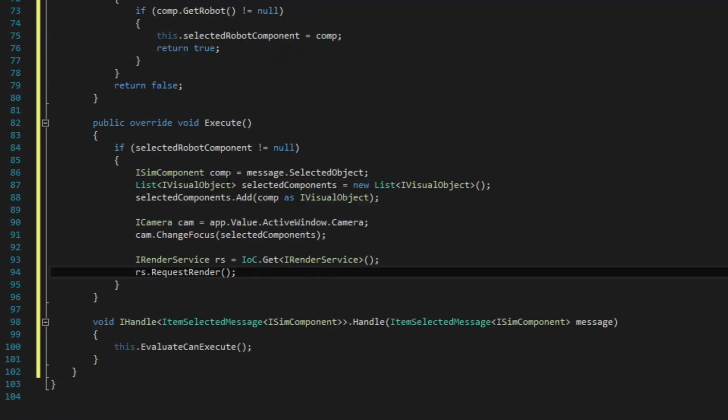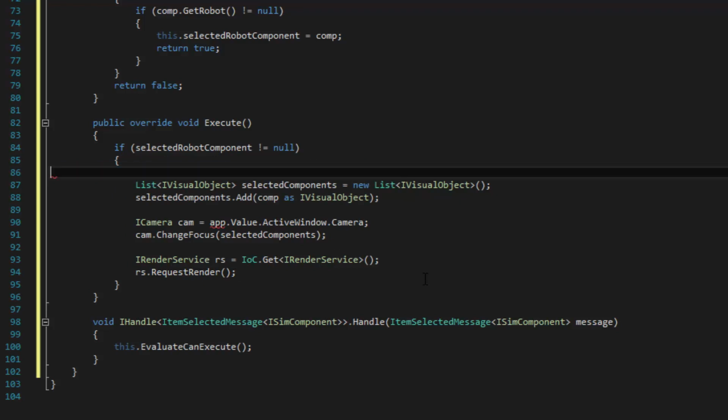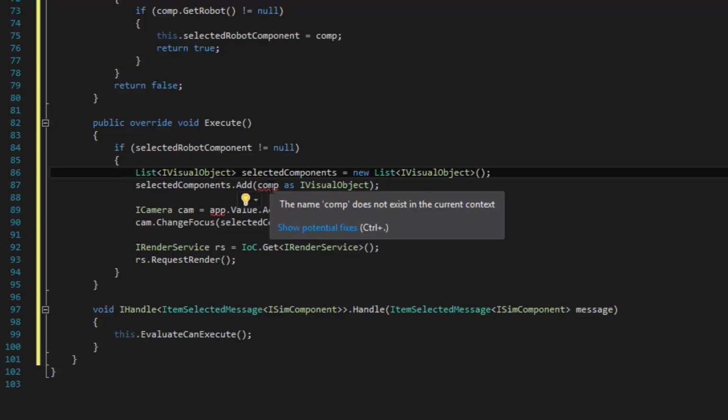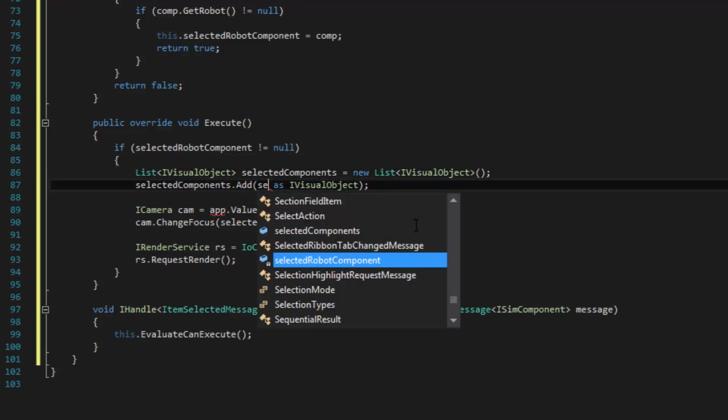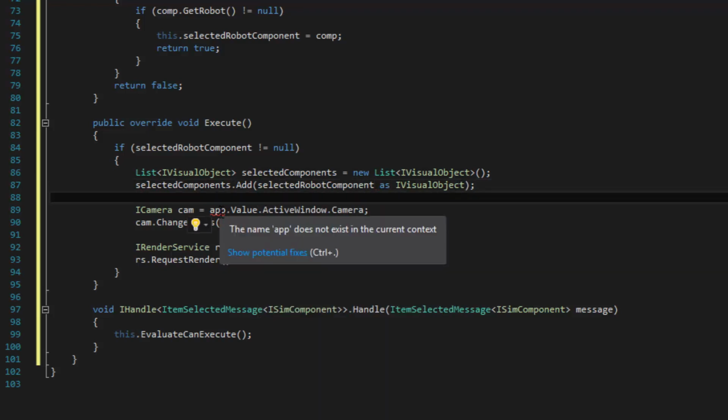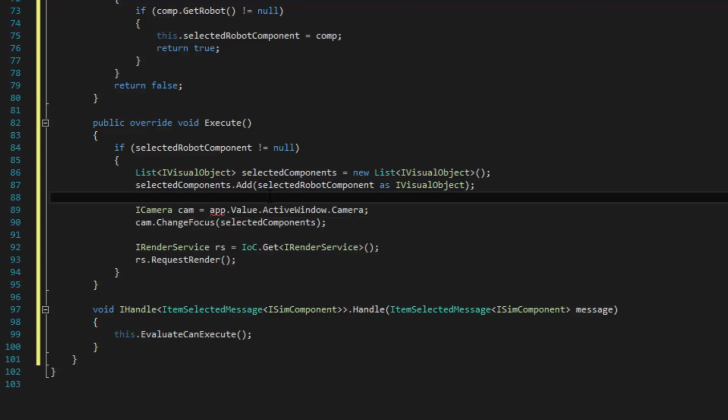In this case, we don't need that handle for the selected component because we already have one defined in the action, so we can get rid of that line. And notice it's now doing the same thing again, so it's now going to add the component object, so we need to replace that with the selected robot component. And notice we also have this issue here, we need to get an instance for the application.